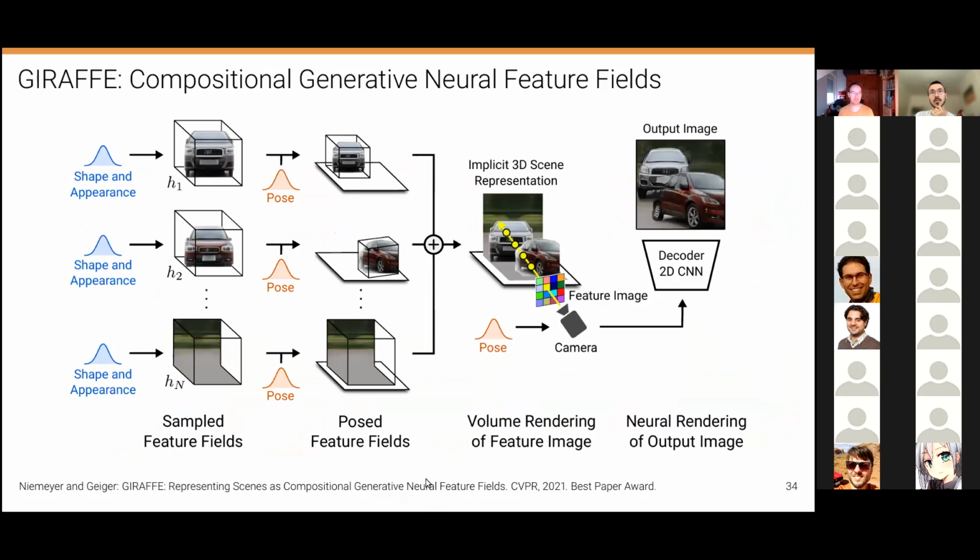Yeah, and so we have done an extension of this that we presented at CVPR 2021 called Giraffe, Compositional Generative Neural Feature Fields, where, in addition to disentangling shape and appearance and training from unstructured image collections, we also disentangle different objects in the scene. So you can see we have a radiance field, or a feature field in this case actually, because we render feature images and then decode this into higher resolution images for efficiency reasons. But the important point here is that we have these different components, different fields that we stitch together